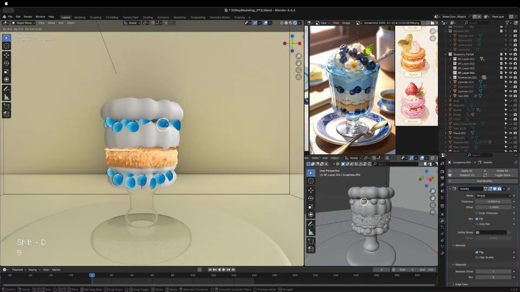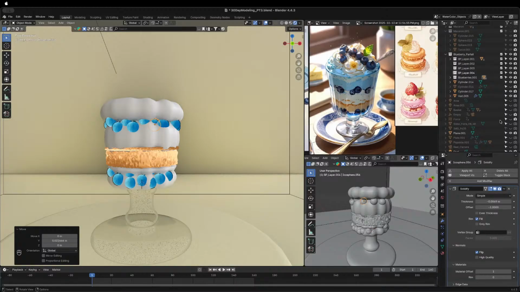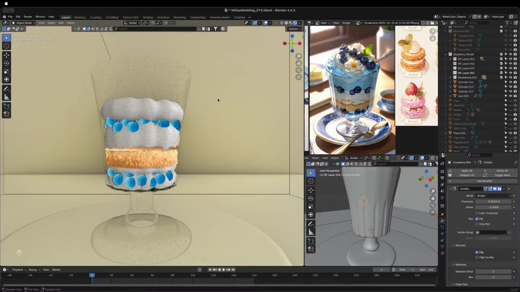Shift T. Grab on the X. Grab on the Y. Okay, that's cool. Okay, and then